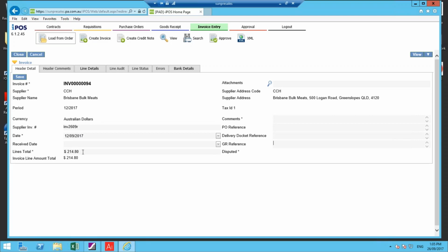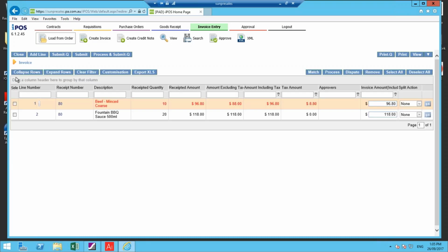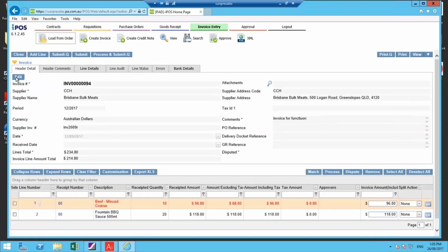The amount. Now you've got to imagine you've got an invoice in front of you. My invoice is going to be for $234.80, so it's actually for more than the available line. So we've got a discrepancy there that we've got to address, so I complete my heading there,